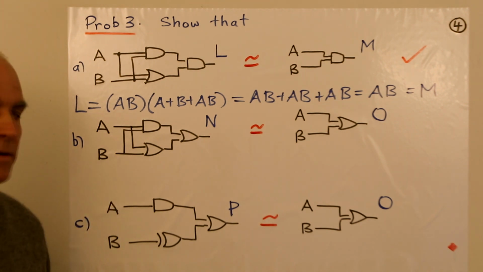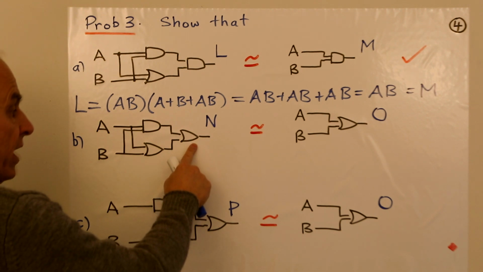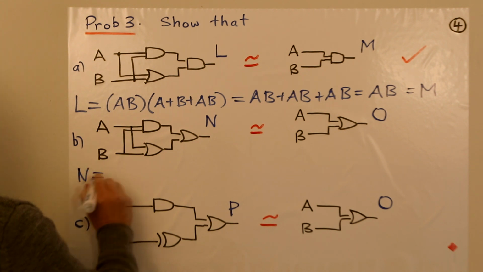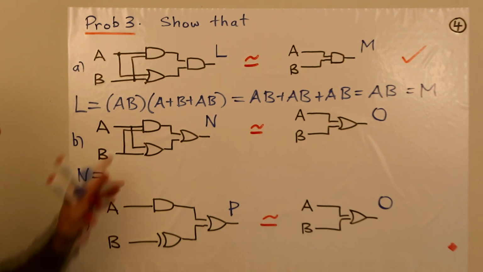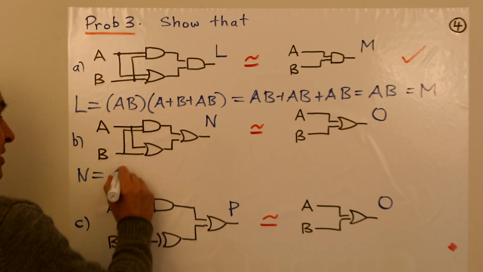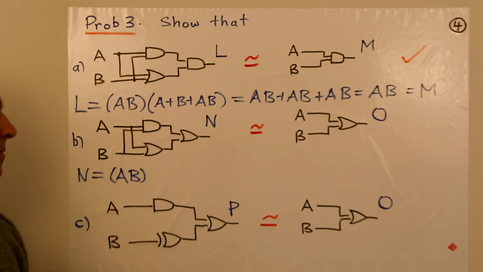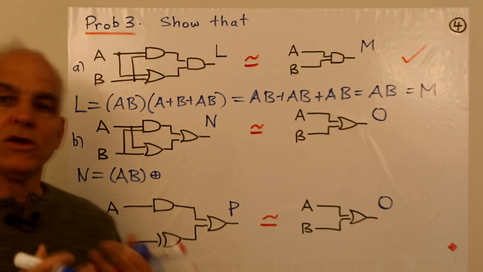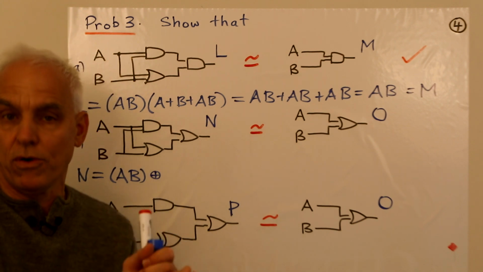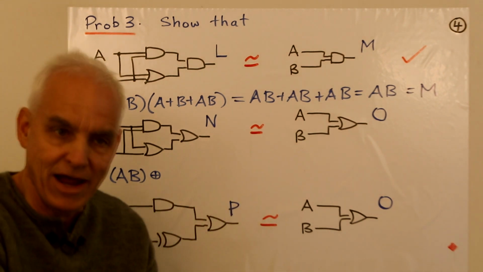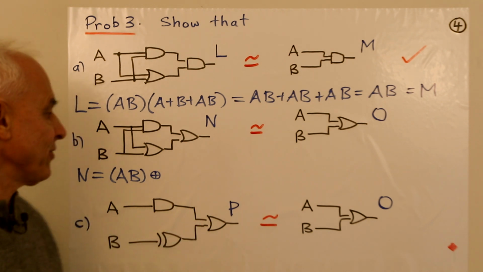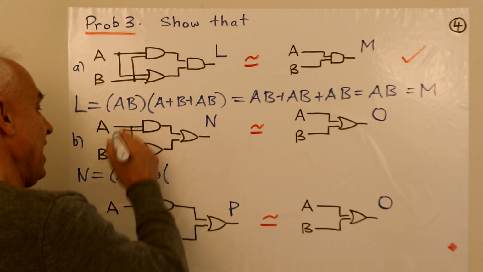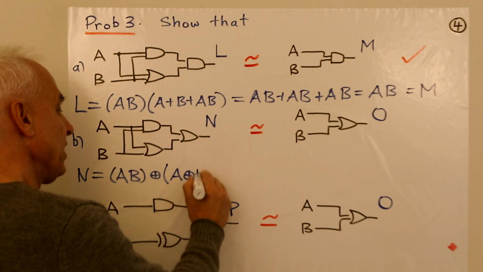Okay, how about this one here? We have A and B. Here there's an OR gate, an AND gate, and an OR gate. Okay, so let's write down an expression for N. So this is an OR. One of the inputs is A and B, which is the product AB. That's one of the inputs. I'm going to represent this OR gate temporarily with a circle sum, because that's what we can use in the algebra of Boole to represent an OR efficiently. Eventually we'll replace that with what it's equal to, but right now we'll just put it there. And the other input is an A circle sum B.